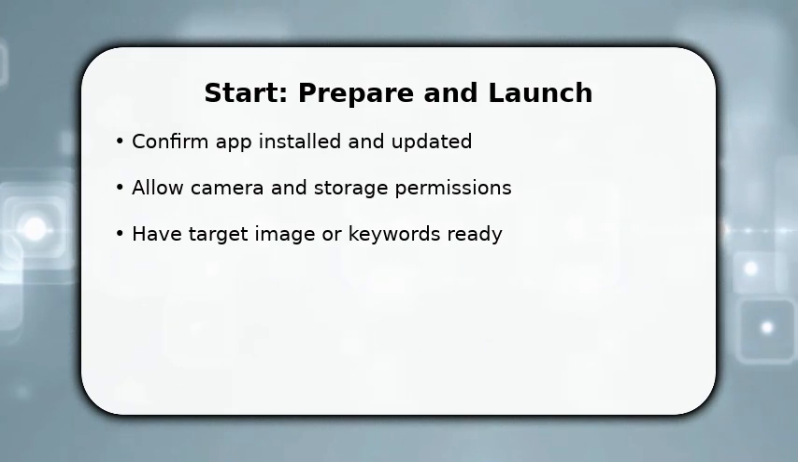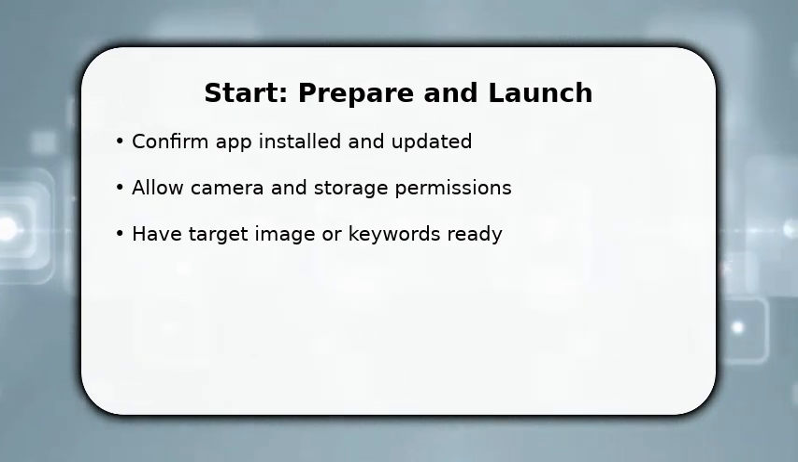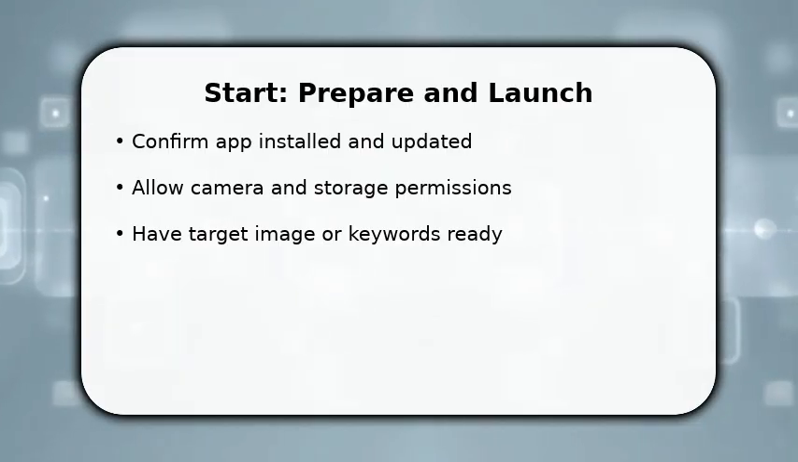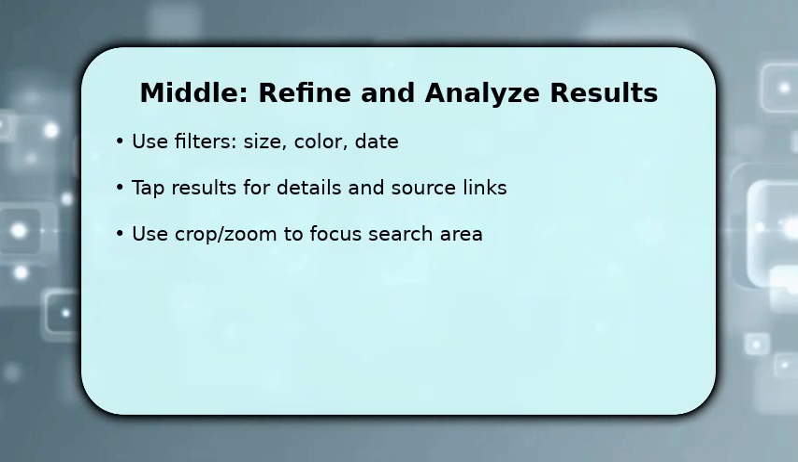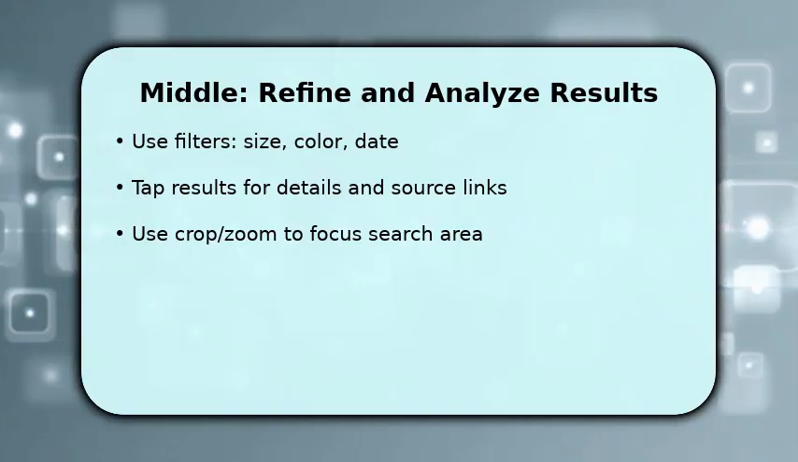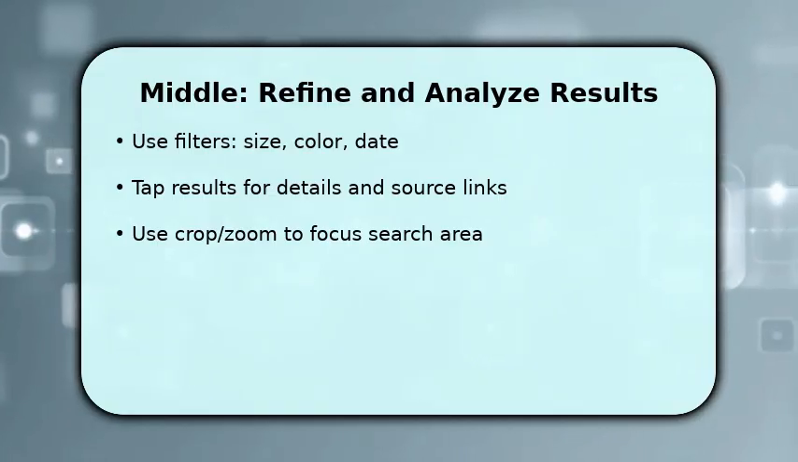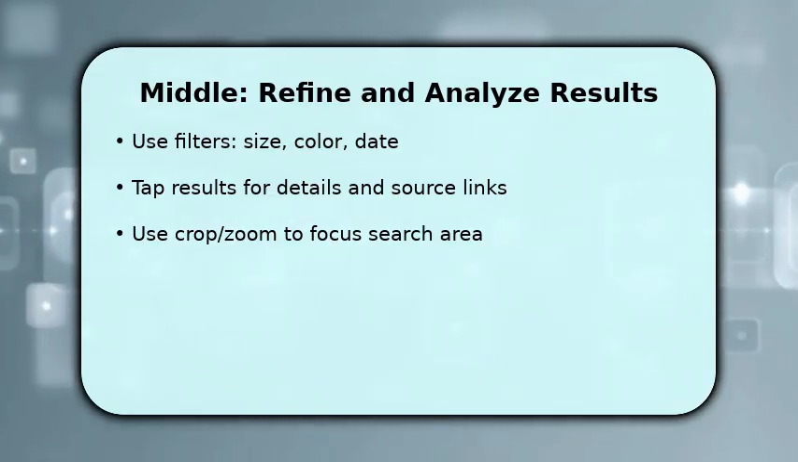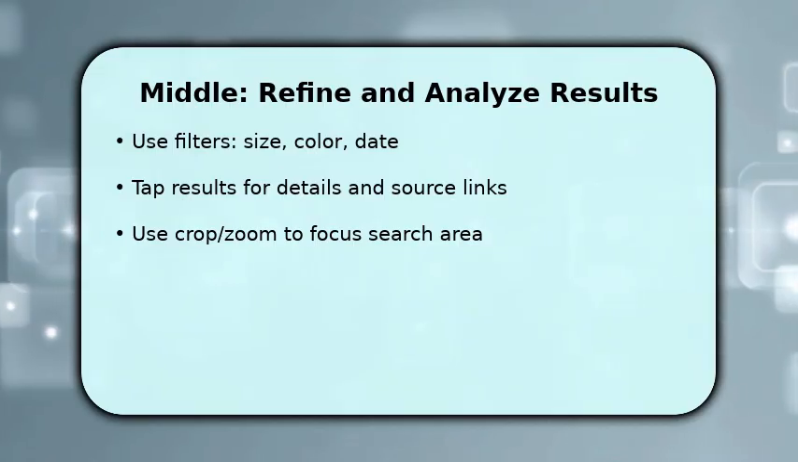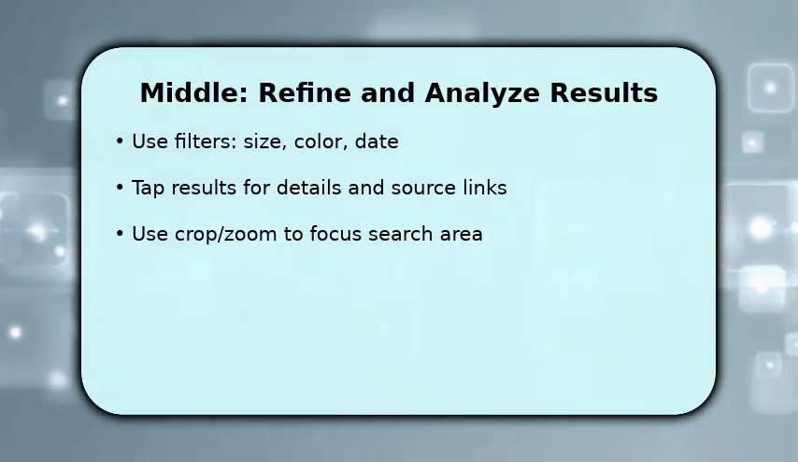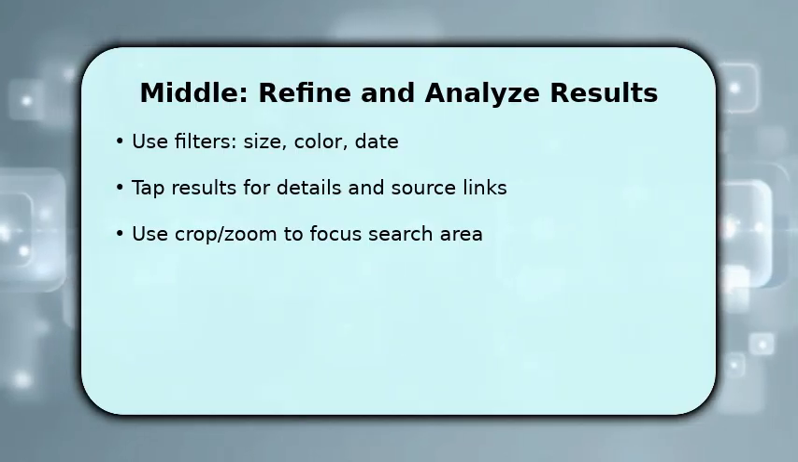Once results appear, you should scan thumbnails and use the built-in filters to narrow matches by size, color, or date. This improves relevance. If a result looks promising, tap through to view the source and context so you can verify authenticity. If matches are noisy, crop the original image tighter around the subject and rerun the search to reduce false